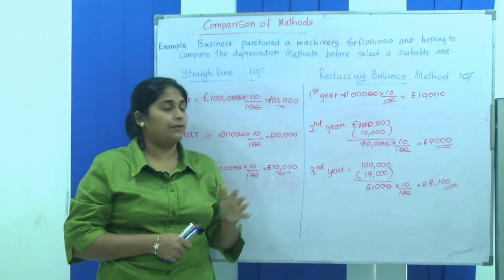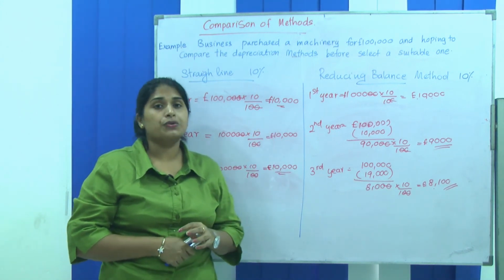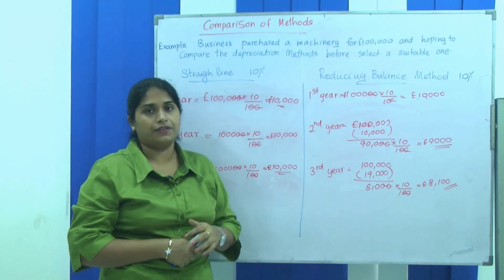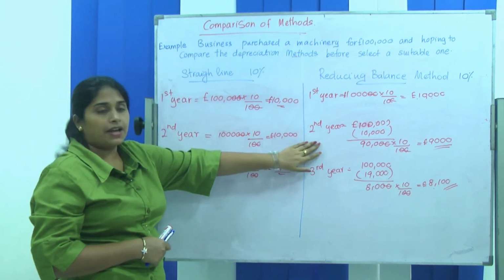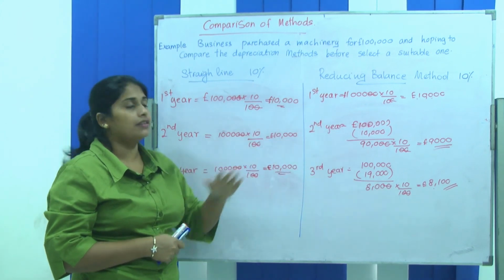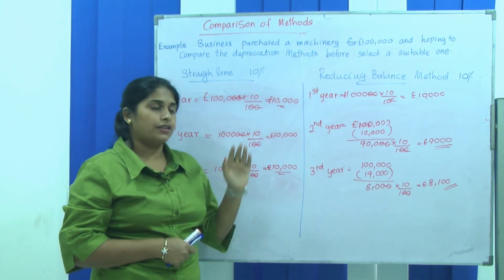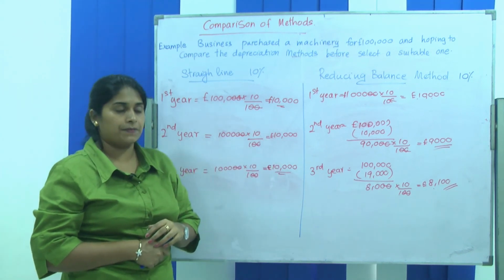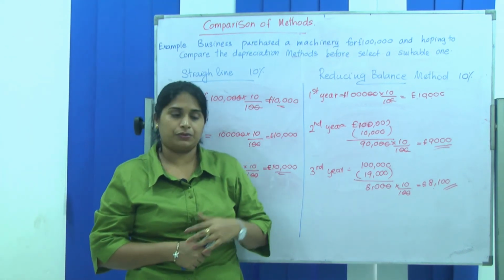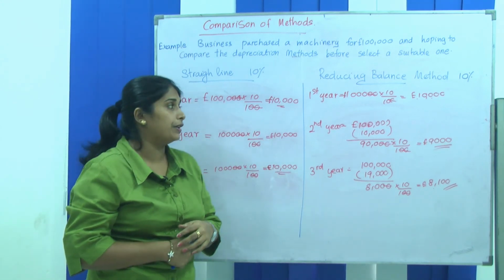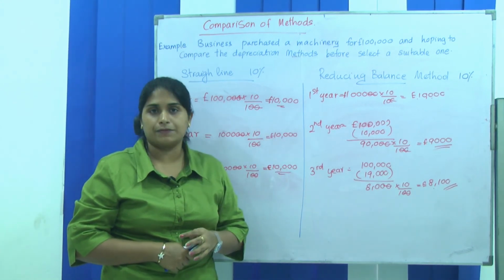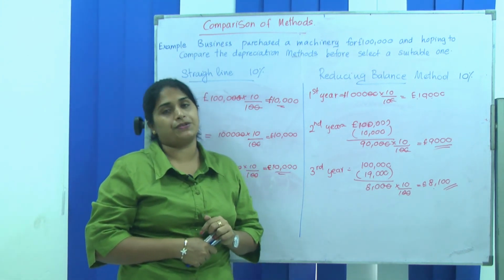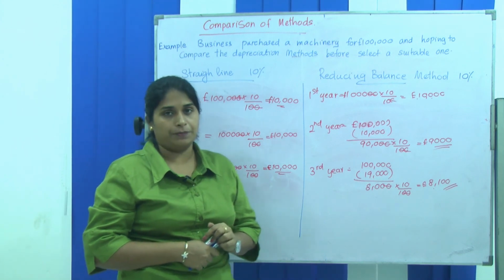In the next video, I'll be teaching you all how to dispose of an asset. That means when you are selling an asset, how to record them. And just remember, when you are recording the depreciation charge, the double entry will be the depreciation income statement. Income statement is a financial statement. Okay, in future videos you will be learning that. That particular income statement will be debited, and there is a special account called provision for depreciation. That particular account will be credited.